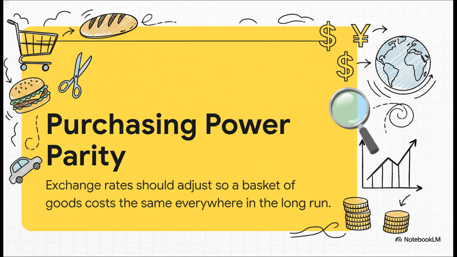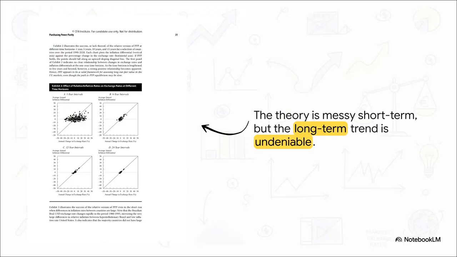At its heart, PPP connects a currency's value directly to inflation. And this slide right here shows PPP in action. Just look at the chart on the top left. Over a one-year period, the link between inflation and exchange rates is, well, it's a total mess, just a random cloud of dots. But now, watch what happens as we stretch out the timeline. Let's move to the next chart, over 6 years, then over 12 years, and finally, check out the 24-year chart on the bottom right. See that? The data points get pulled tighter and tighter to that perfect diagonal line. The long-term trend is crystal clear. High inflation will eat away at a currency's value.